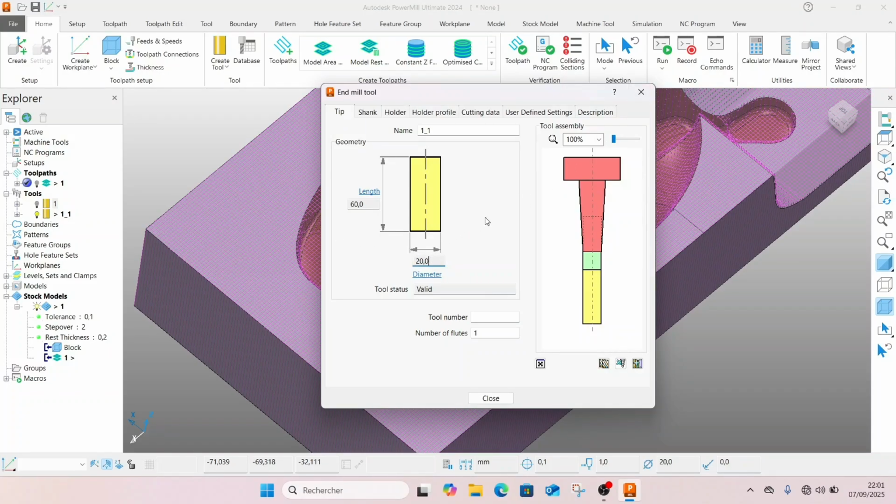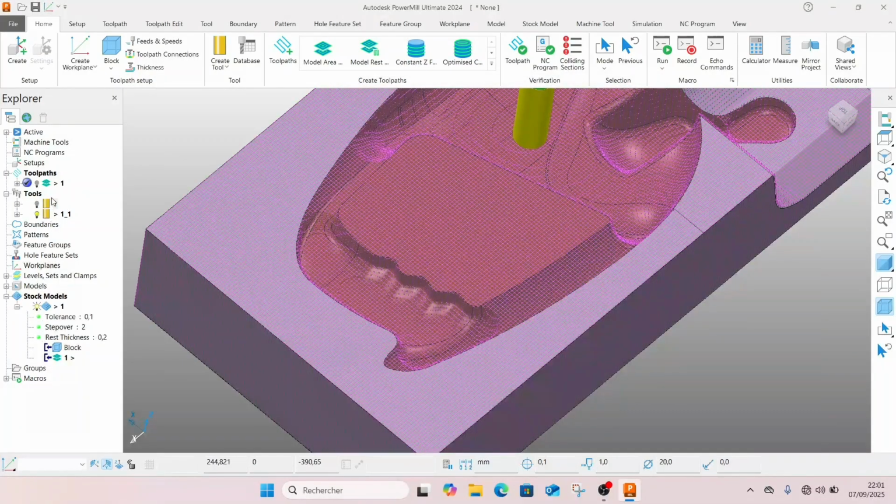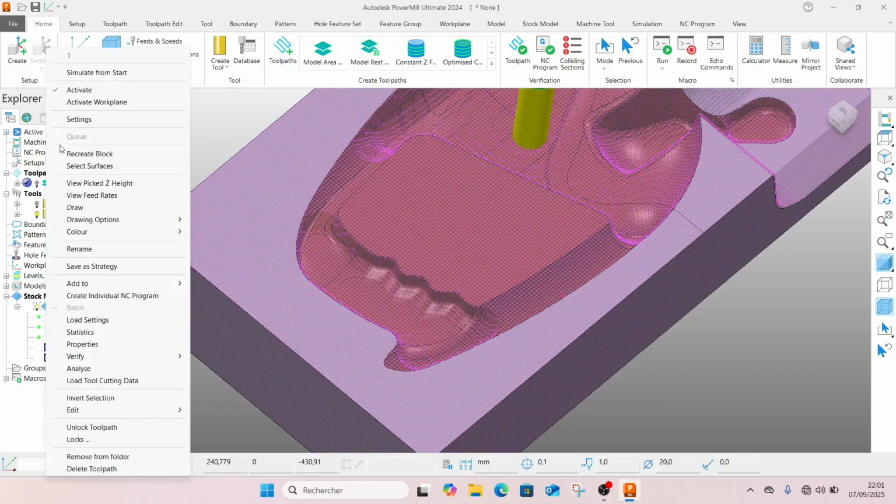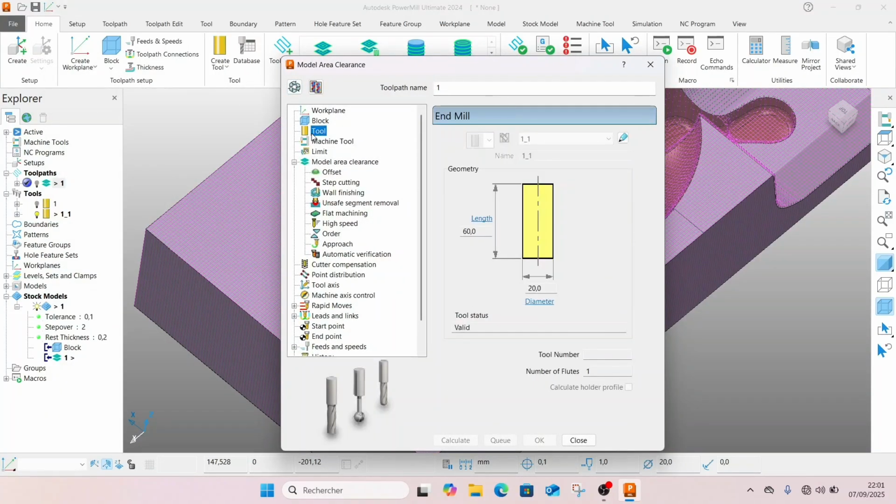I can't change this, but the first one. So now we can change the first one. Where is it? Just see here. But we have the second that is put in